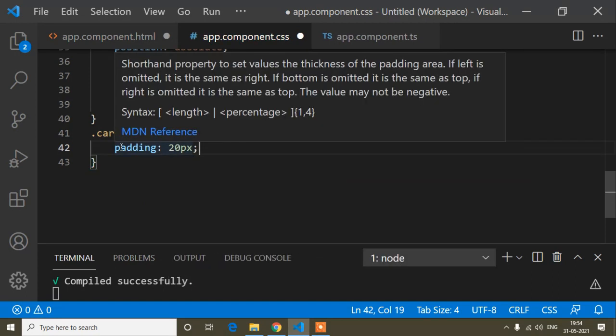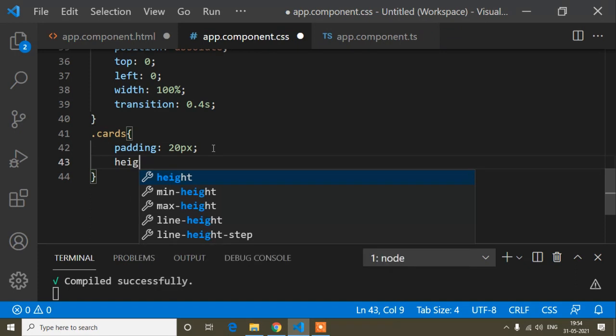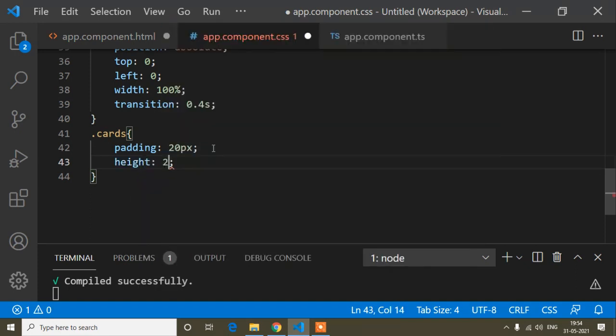Padding adds some space inside an element. Inside this card element, if I want to add space, I write padding, which I have already written. And if I want to add space outside this card class, I write margin. But here I have added padding because I want to add space inside this card class. And now I will set the height of this card class, that is 200 pixels.